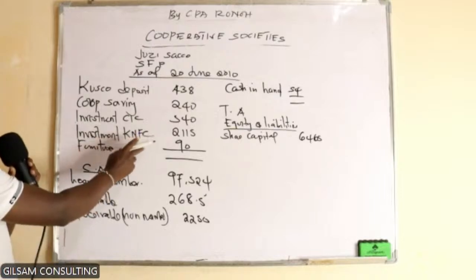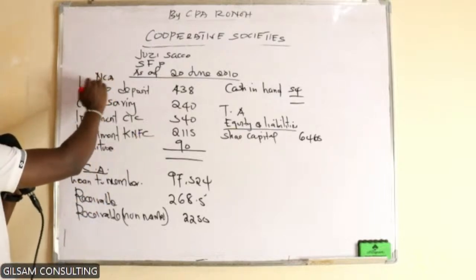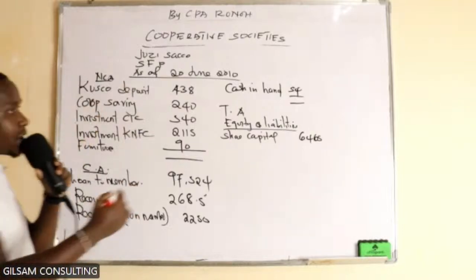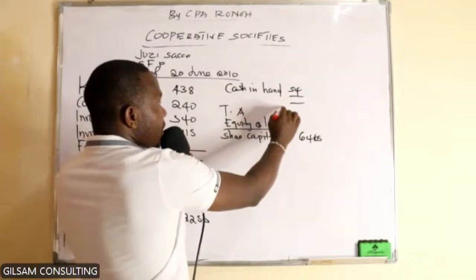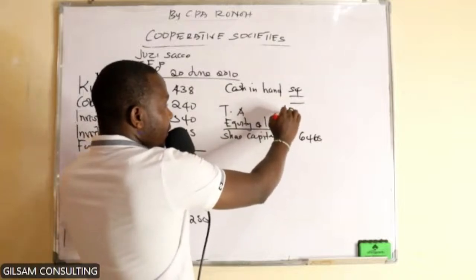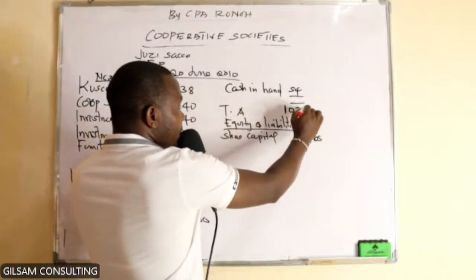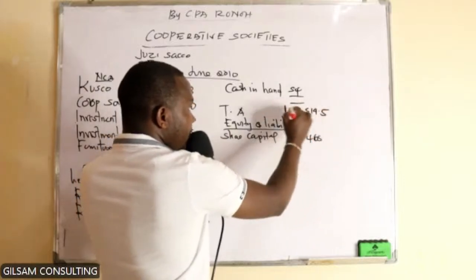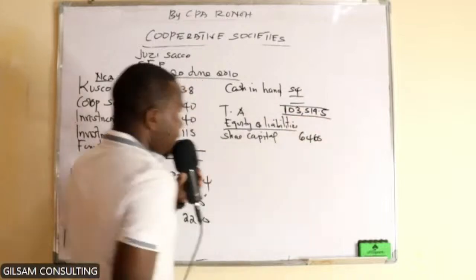That is for total non-current asset. Non-current assets and current assets. Zote inakuja? I'm getting 103,519.5. Okay. Then